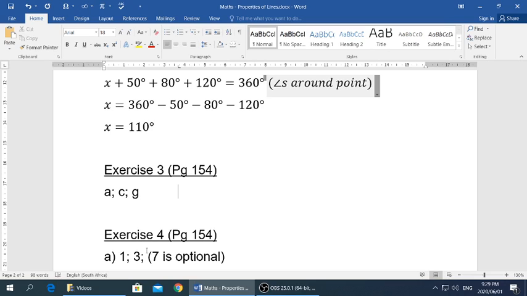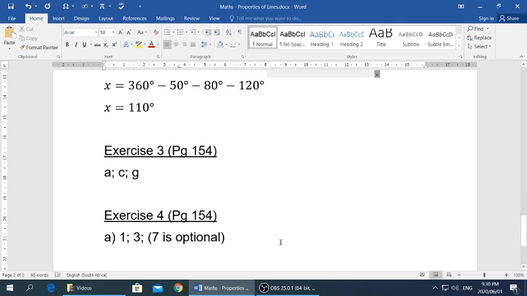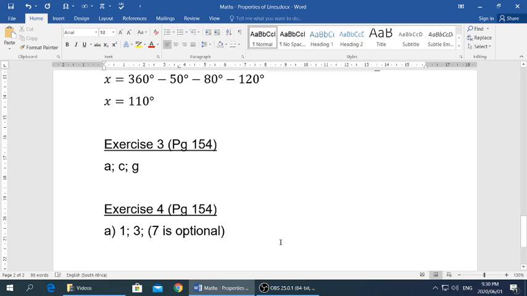It involves all of them, so you'll use vertically opposite angles, angles around a straight line, angles around a point, and you'll have to use your brain. Okay, so I want you guys to try those for me. Those are the 3 properties of lines we are going to learn about this term, and that's where I will end this lesson. I will see you guys next